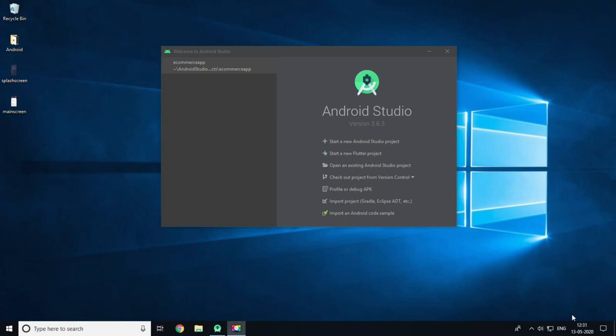Today in this video we are going to be building a beautiful COVID-19 tracker with real live data, and also we are going to learn how to make API calls to grab live data from the internet. By the end of this module we will have knowledge about API calls and also have a beautiful dynamic app. Now to get started with the app, go to your Android Studio and create a new Flutter project and